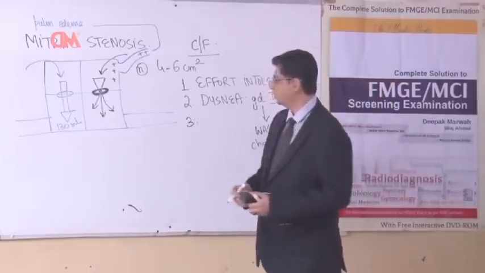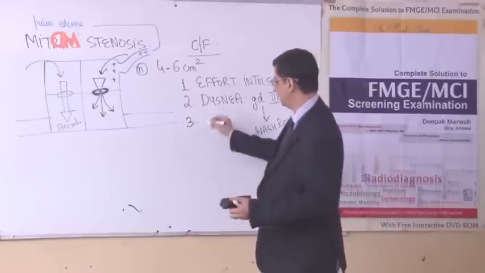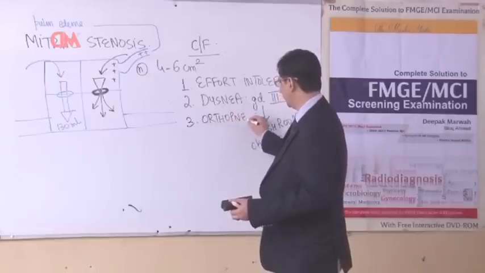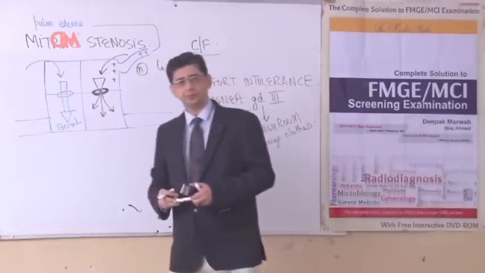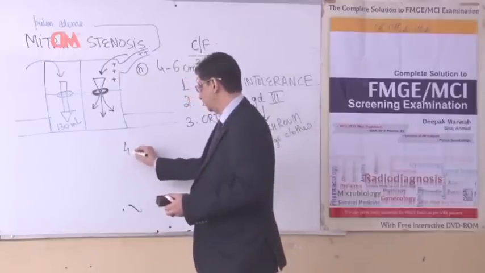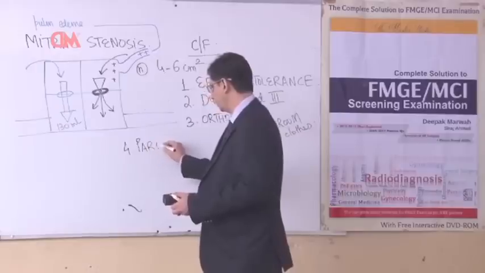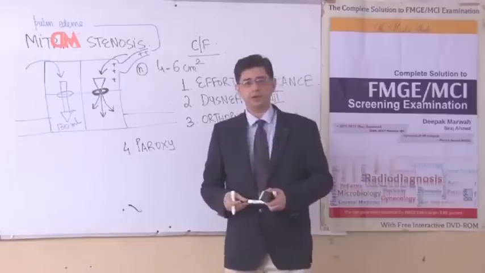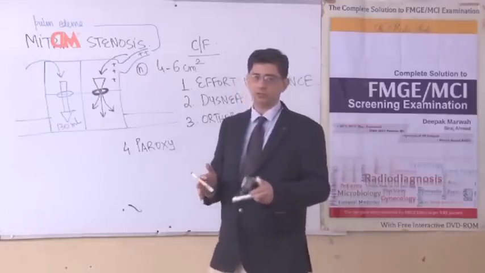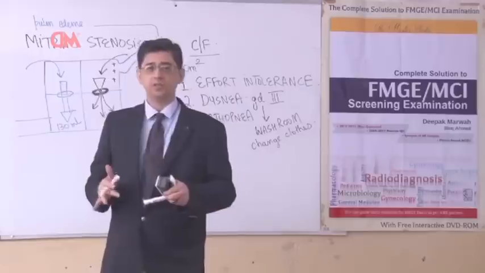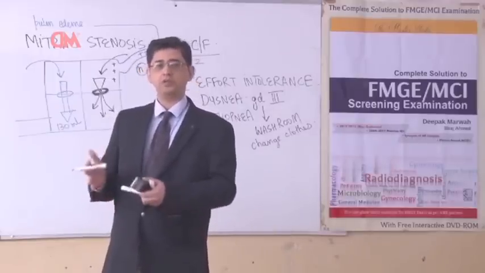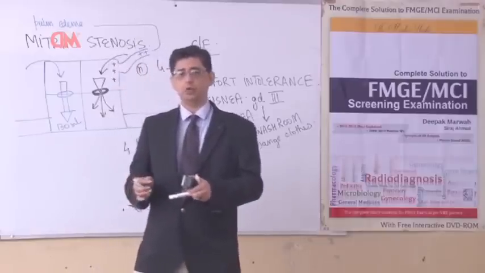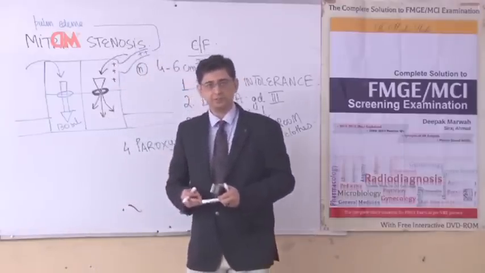The third reason why these patients will primarily come to you is that whenever the patient lies in supine position, there will be worsening of the pulmonary edema, that is referred to as orthopnea. Because the symptoms are more at night, parents will always say, doctor, our child, because I am saying child here because mitral stenosis could be seen in a child secondary to rheumatic etiology. Though overall the most common valvular lesion after rheumatic etiology in children is mitral regurgitation, after the age of 18 years it is usually mitral stenosis, but mitral stenosis per se, the overall incidence is higher than that of mitral regurgitation.